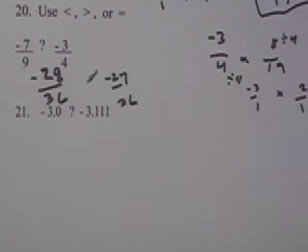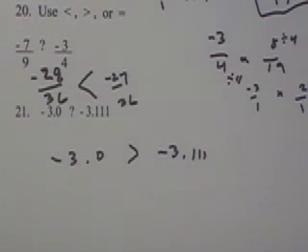And now, which one's bigger? The one on the right. This one's bigger because it's less negative. So there we go. Over here, negative 3.0 is less negative than negative 3.1, right? So negative 3.0 is actually going to be greater than negative 3.111. Again, the more negative it is, the smaller the number is. Okay. So you divide